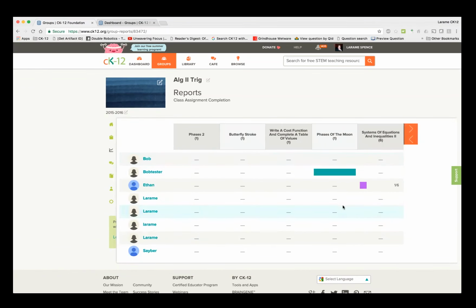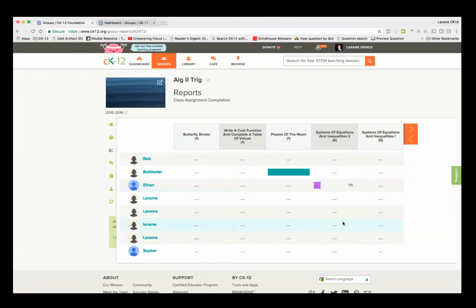So I go through the additional assignments I've made back through time. There's another phases of the moon. Wow, I like that one. We have systems of equations and inequalities. This was an actual student a couple years ago. He just started that topic here. He did 1 part out of 6. So I can see right away how many students have attempted something, how much progress they've made on it,